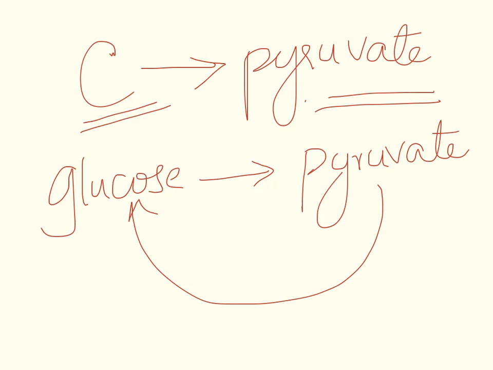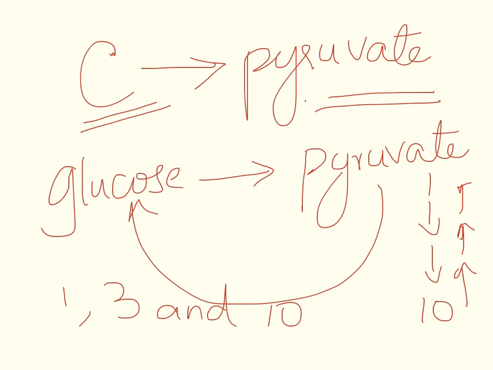However, 3 of those reactions are not reversible. If all of reactions 1 through 10 were reversible, we could have just gone back this way. Which are the reactions that are not reversible? 1, 3 and 10 are not reversible. So basically what happens here is that from 2 pyruvate molecules,